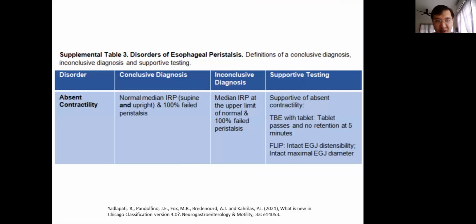All right. So I'll just continue, right? About absent contractility again. What the conclusive will be is what is being listed here, right? Normal IRP, 100% failed peristalsis. If the IRP is the upper limit of normal, suspect achalasia, right? Where you need to do a timed barium esophagogram, and also,